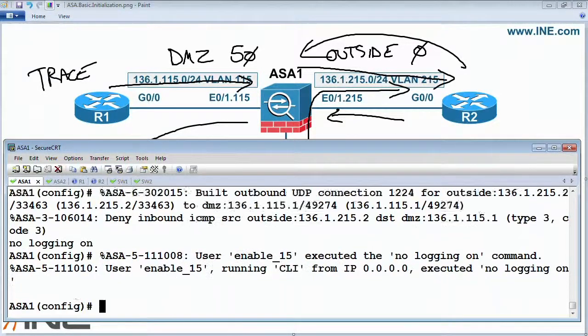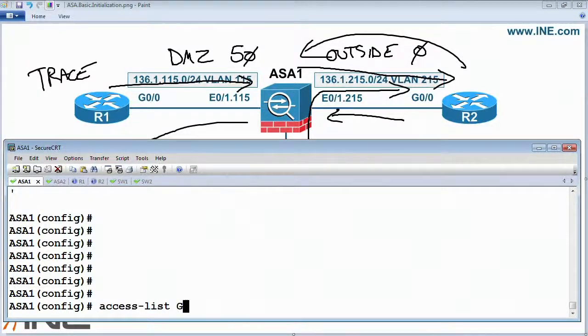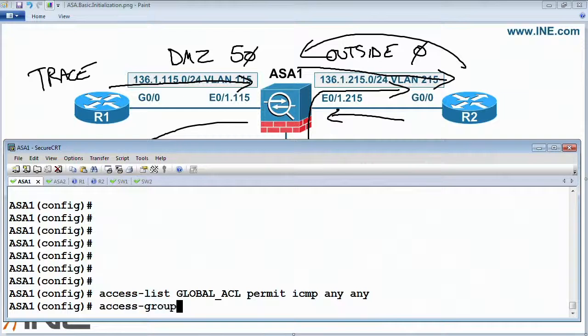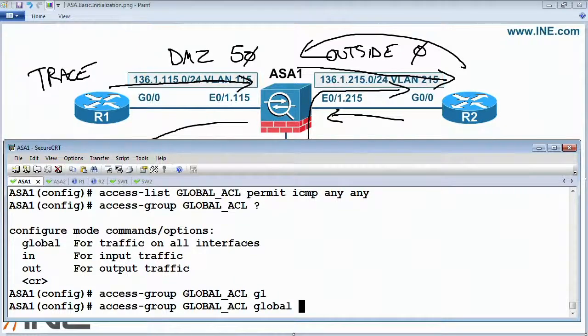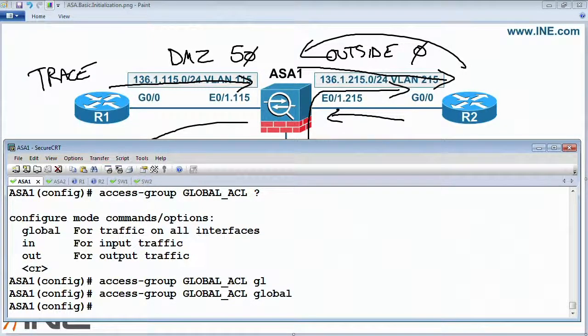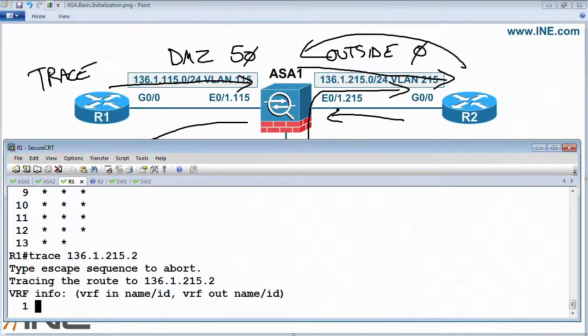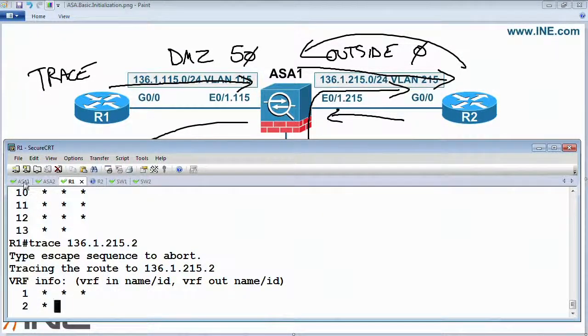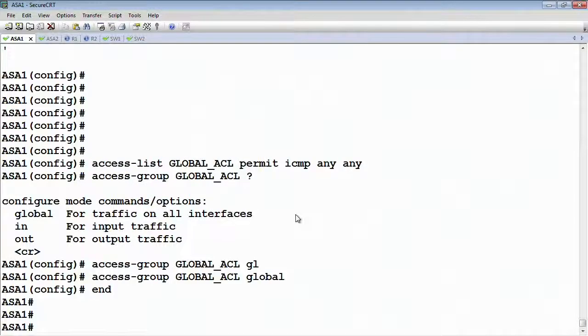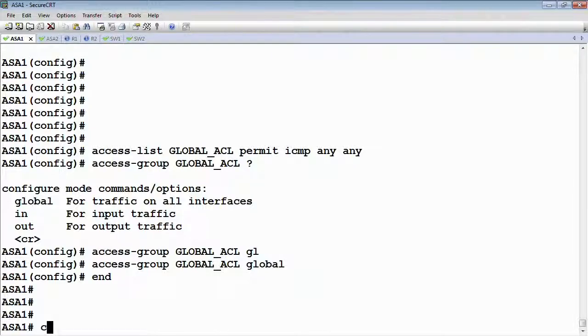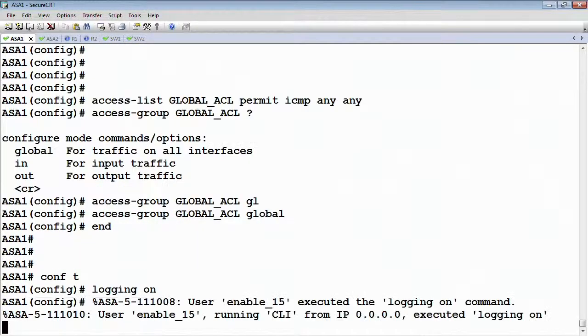So here, let's say no logging on, and we'll configure an access list. Let's say that this is our global ACL, and for simplicity, let's just say the global ACL says permit ICMP any. Then the access group is applied, global ACL is applied globally, so it's for traffic on all interfaces. On router 1, if we try to do the trace route again, and let's turn logging on